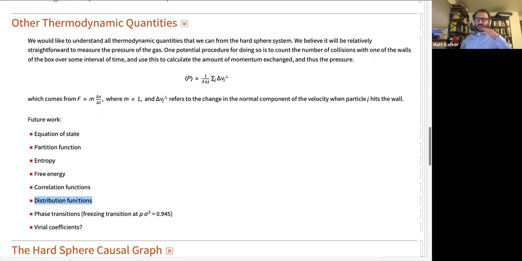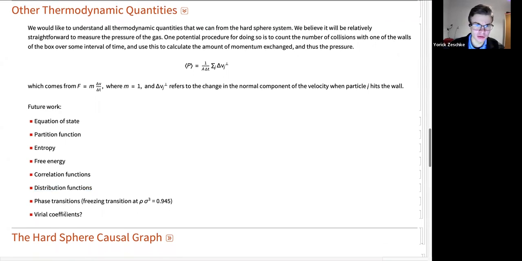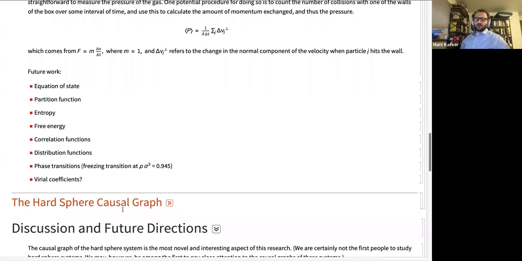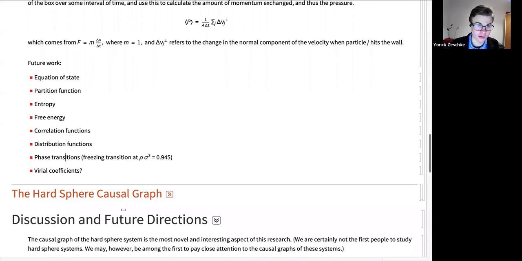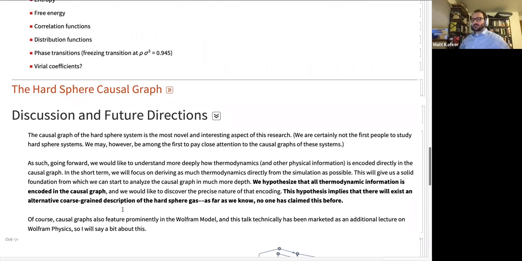And then phase transitions as well. That would be really cool. And would you have a general way to axiomatize or define what you mean by a general thermodynamic quantity? I don't know too much about statistical mechanics, is there a general way to do that? And you could make precise the claim that graph theoretic invariance or measures correspond to those. So I'm using that term colloquially. I'm not using it as a technical term.